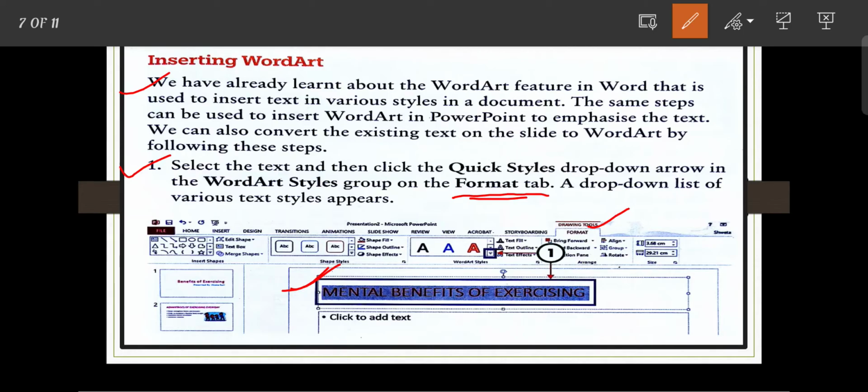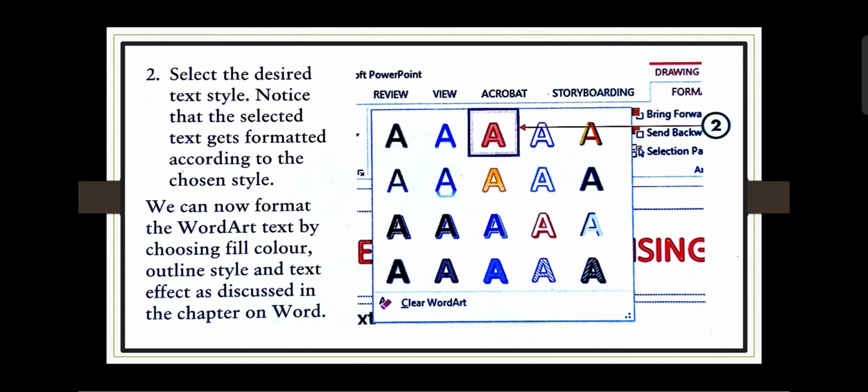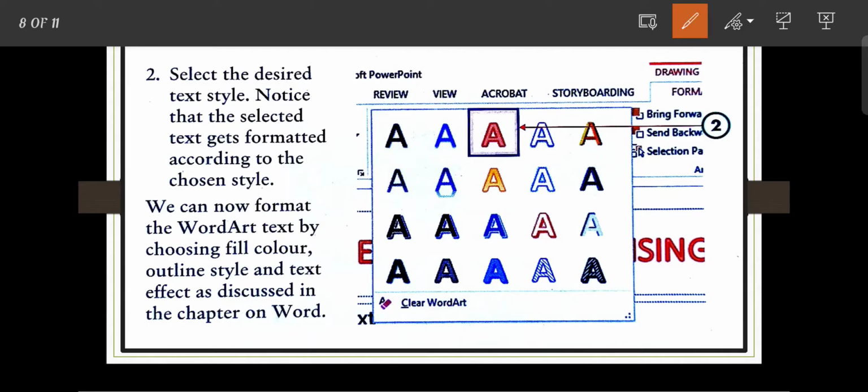And then here you can see this is the word art group, and a small icon is here. Click on the small icon. After clicking the small icon, you can see lots of text styles appear.